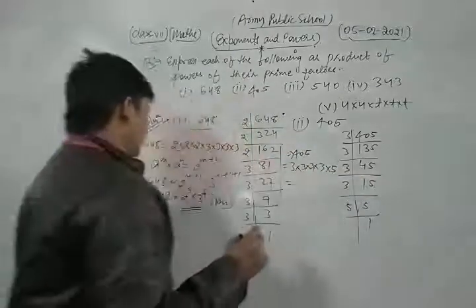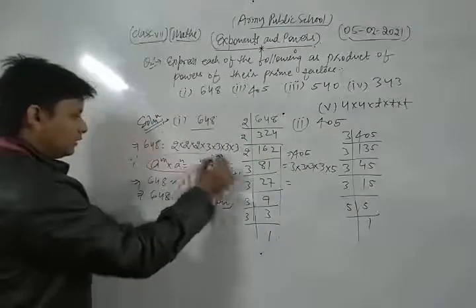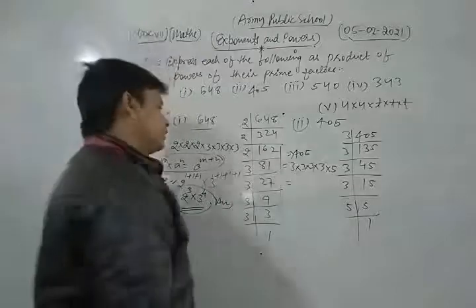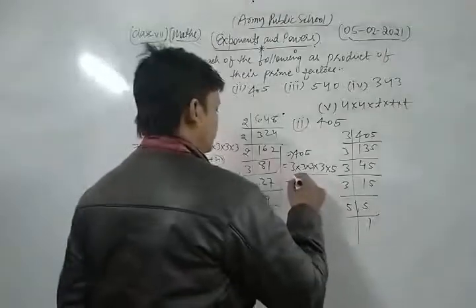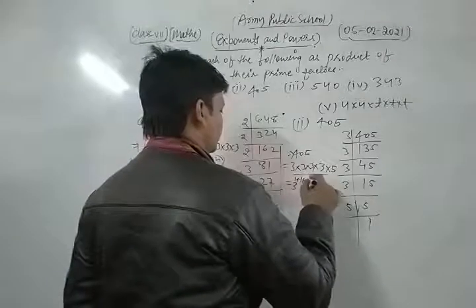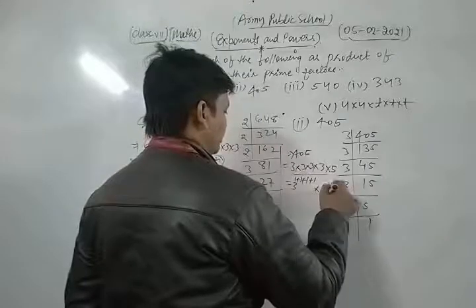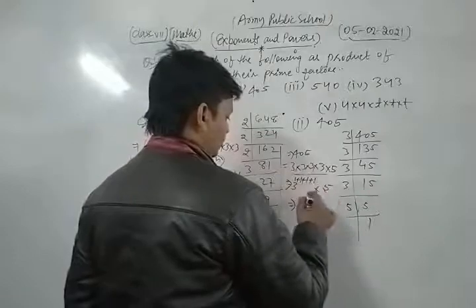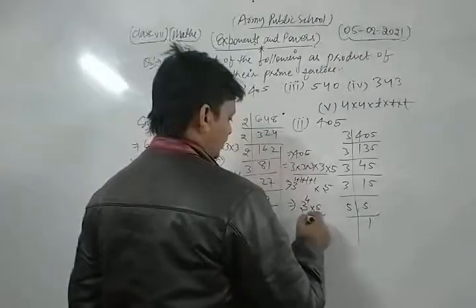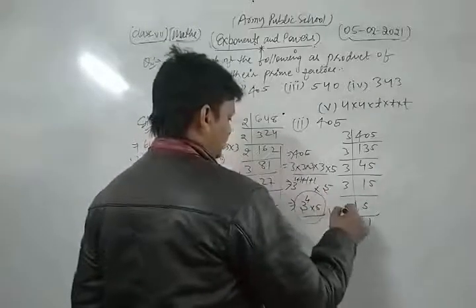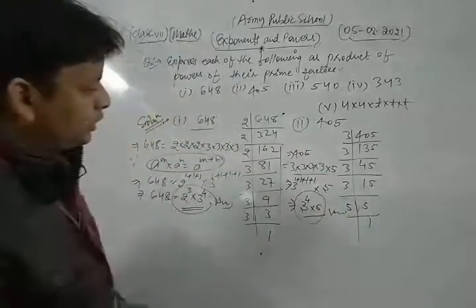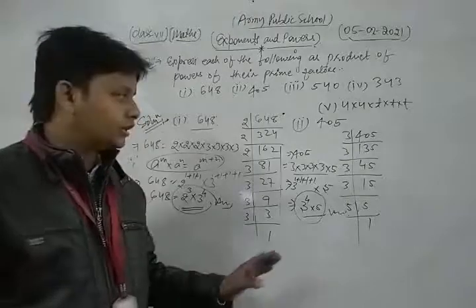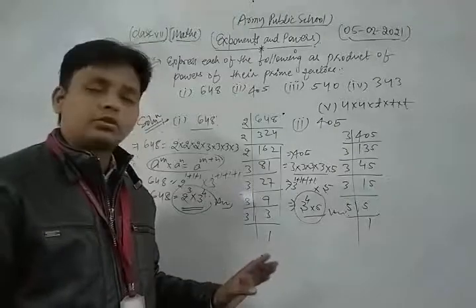Now since we know that this is the very important law of exponent, here we again apply that concept. That law of exponent: 3 raised to 1 plus 1 plus 1 plus 1, into 5. So 3 to the power what? 1, 2, 3, 4, into 5. So this is the required answer, to express the given number in exponential form or the product of powers of their prime factors. Okay, so in this way, you can solve so many questions of your NCERT exercise.